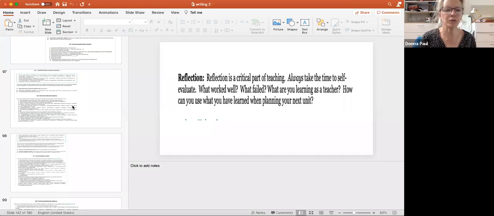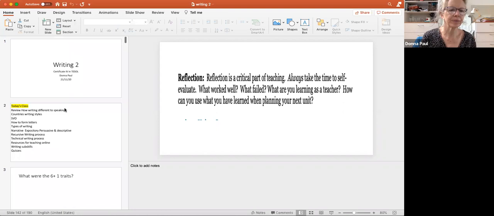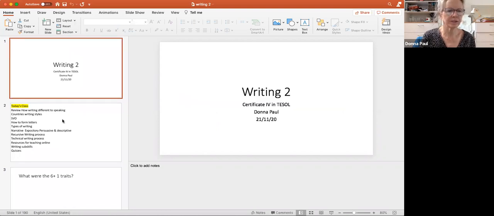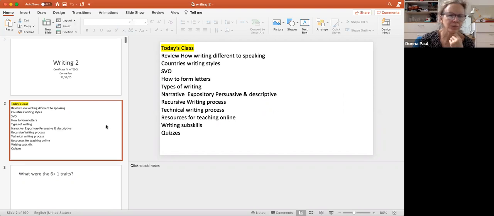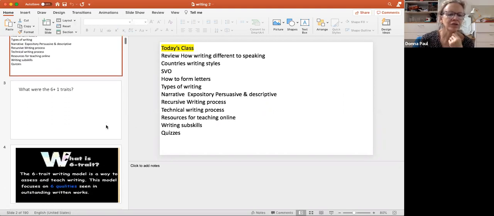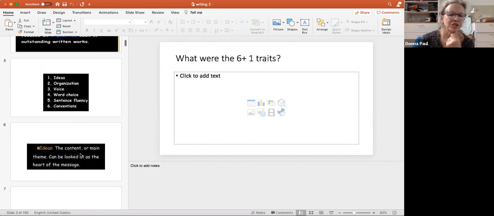21st of November, we did writing number 2, and this is what we did. We looked at homework from last week and which countries write similarly to us, and types of writing, and some quizzes. So in review, we talked last week about the 6 traits: ideas, organisation, voice, word choice, sentence fluency, and